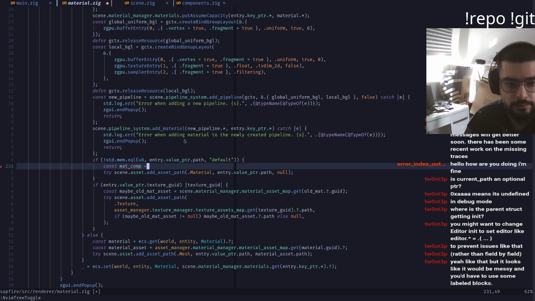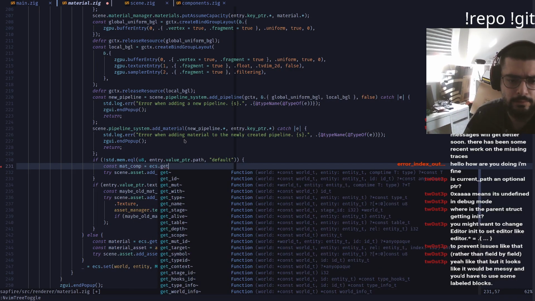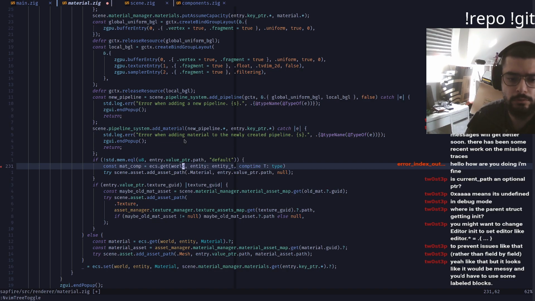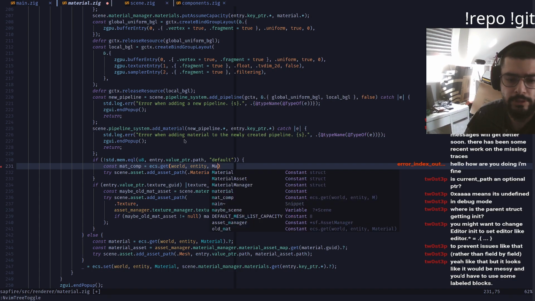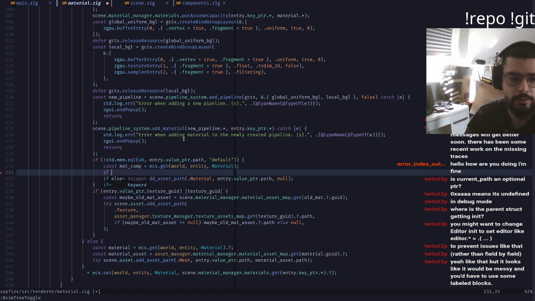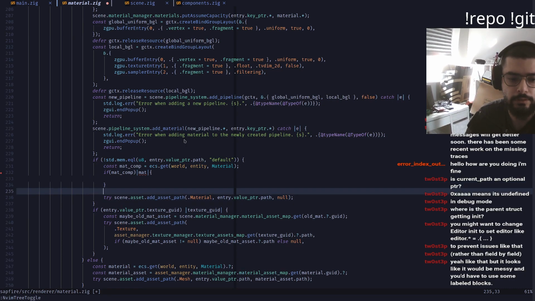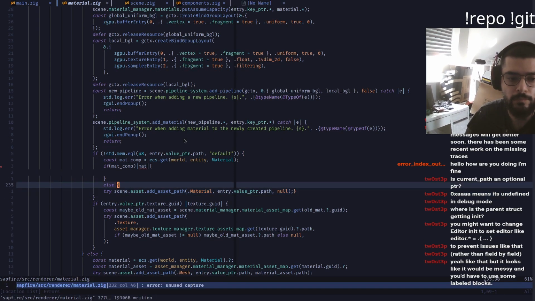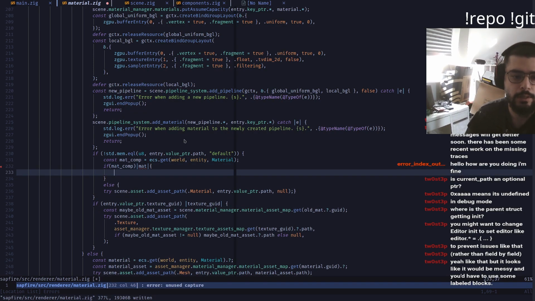We add the material, set the material later, right? Okay, so cool. We're gonna do the same exact thing that we did before. ECS get world, entity, material this time. If mat comp, mat, and this is automatically else. Right. Okay. And so here, mat old path